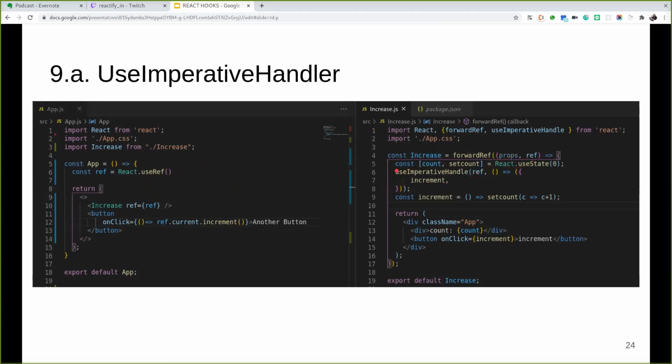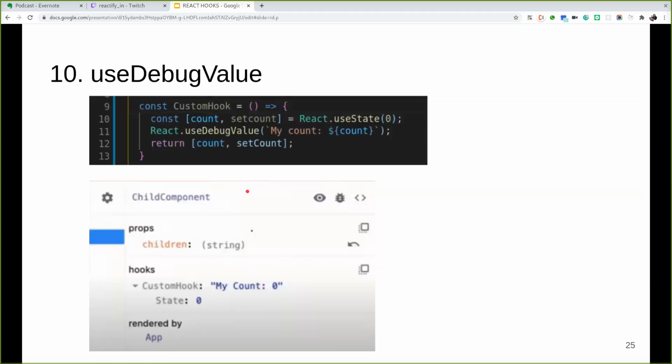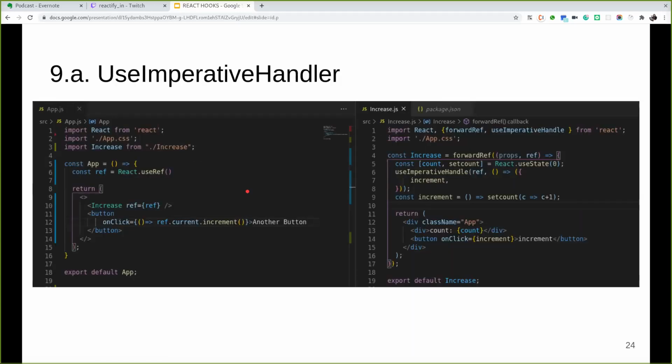And then later with useImperativeHandle, we use the same reference and pass the increment method there. Using ref.current, we will be able to use the increment method in the first component. So that's how we will be able to share a single method with two different components.